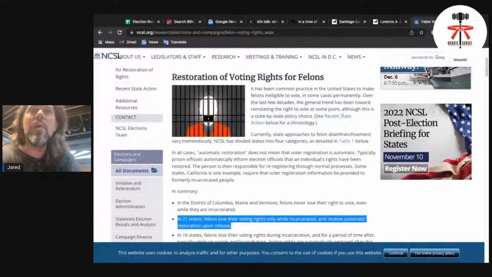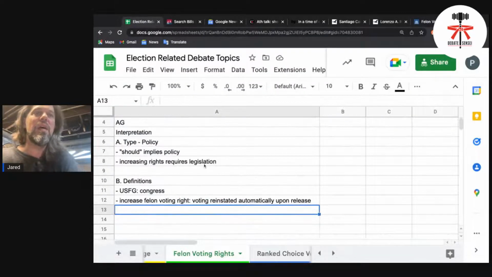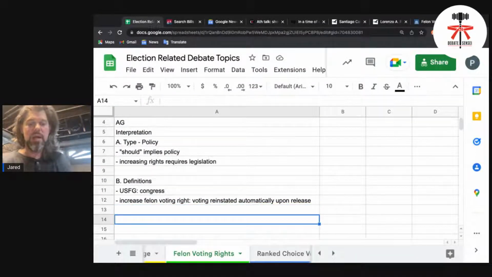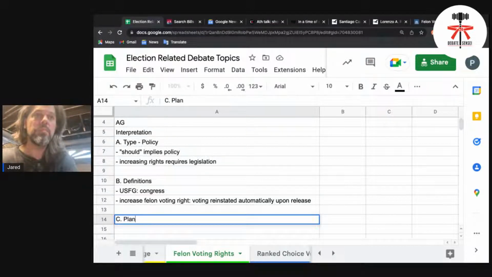All right. So I'm thinking that we just keep this a little bit loosey goosey here. There's state action. Okay. And so you would say, all right. And now when we get down to subpoint C, the plan is that USFG will